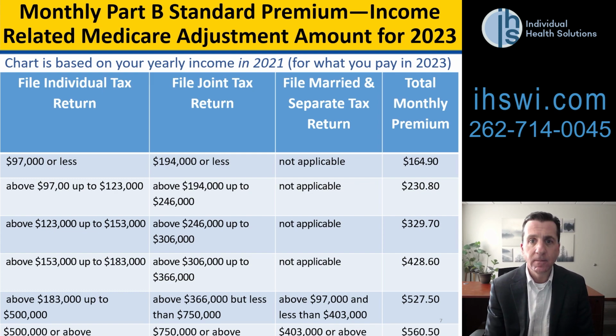Part B has a premium, and for 2023, you're looking at premiums based on income. And I'm going to spend a little bit of time here talking about how income is used and which years it's used to establish your premium. But for the most part, the first thing you would look at is, do you file a single tax return or do you file a joint tax return with your spouse? If you do, you would look at that column that represents that different filing status, and then you would look at the income level. Now, when somebody first applies for Medicare, Medicare will look back automatically 2 years.